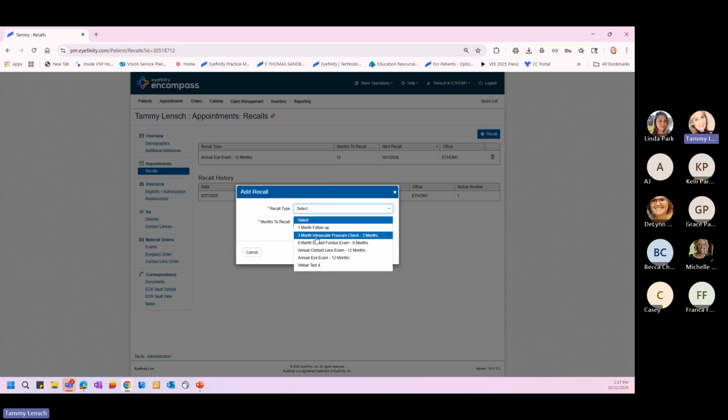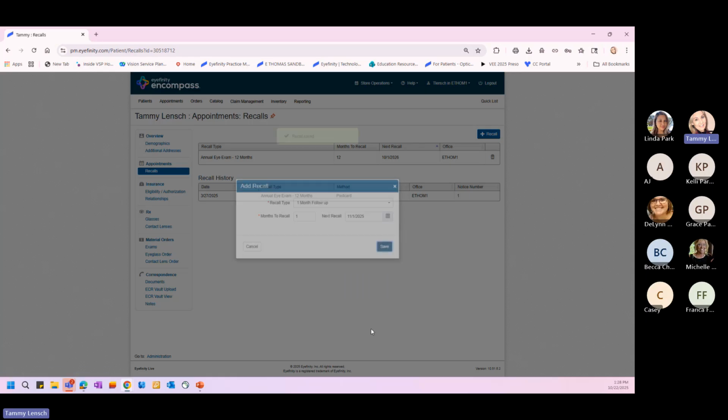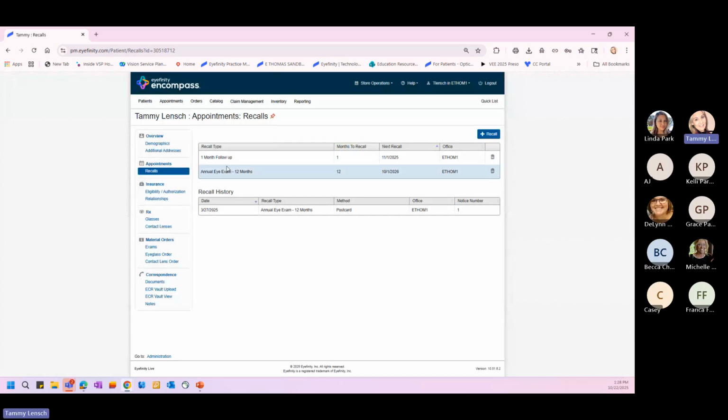But you would just choose, and we'll just choose a 1-month follow-up just to kind of show you. The system automatically puts the dates in there for you. So you don't have to do anything but hit the save button. However, if you're looking at this and you want to change, for some reason you do need to change the next recall, use the calendar and you can simply go in there and you can change the recall. Maybe you want it to be on the 1st, and then you would hit save. And now you can see it's up here, my 1-month recall, to recall in 1 month on the 1st of